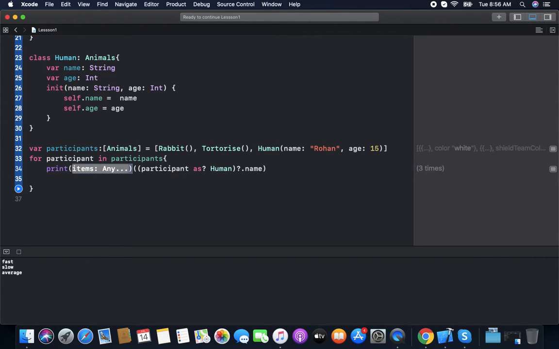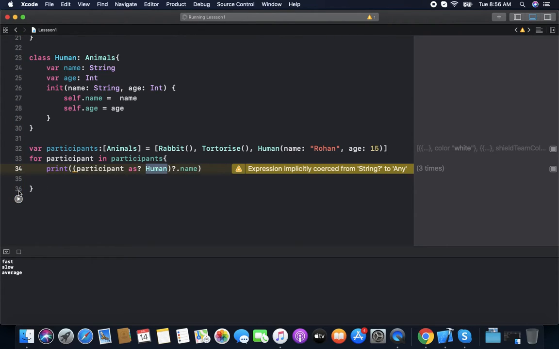Downcasting, basically, what? How can it be downcast? To downcast, you just need to mention as and the subclass name. Now we print it. You can see nil, nil and a non-optional value. Firstly, why is it optional? Because the value can be nil. So to remove the optional, we provide a default value.